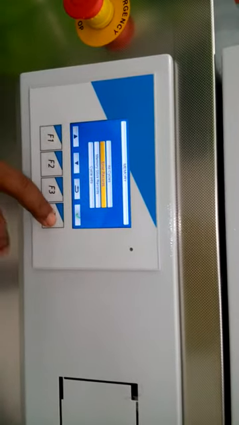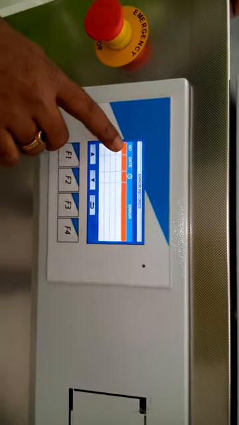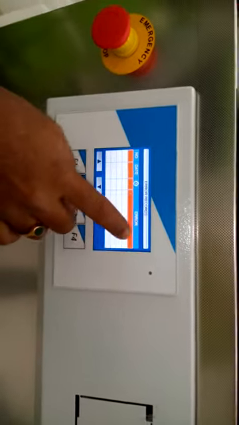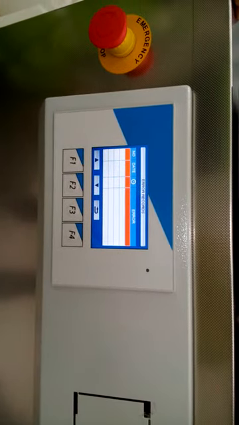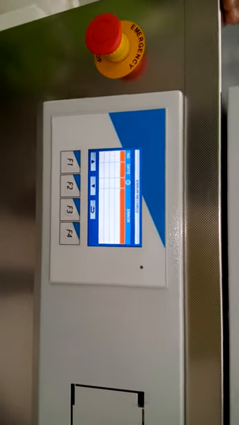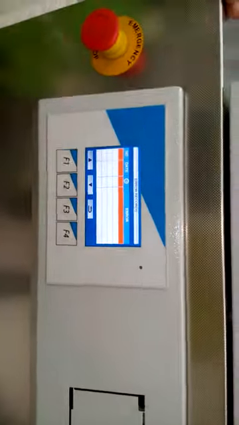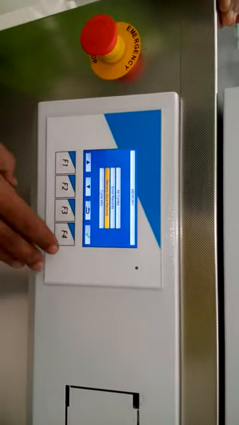Same for errors. The error record is also given with a number, the date and the time, and what error it shows. Like that you can monitor. If the program stops in the middle, why? What is the problem? What are the causes of the program stopping? Like that you can verify. Trace back, yes. See, it is the memory stick.